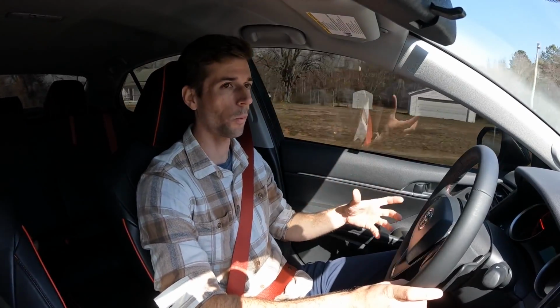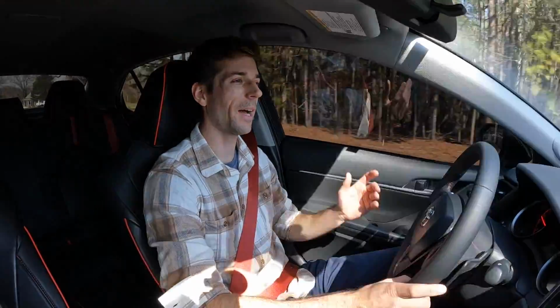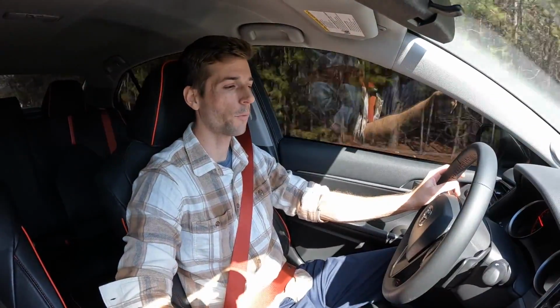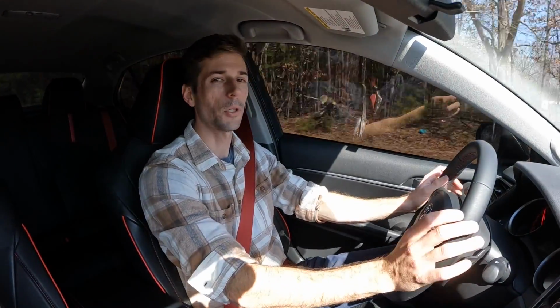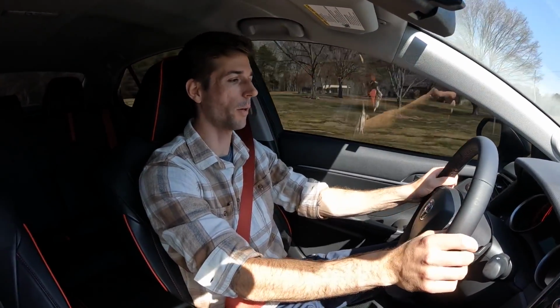They just want the cool cosmetics like the spoiler and the wheels. They just want the cosmetic side of it. So I can kind of see the buyer for this car, but at the same time, it would be cool to see a lot more power for this. So if we downshift in sport mode,